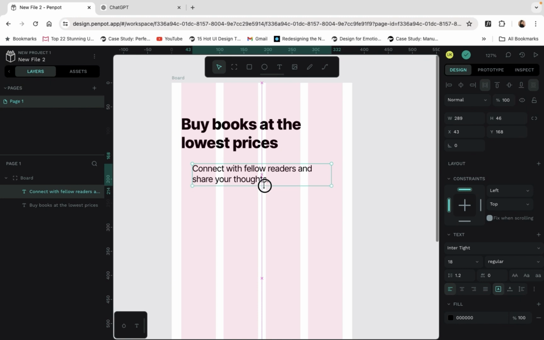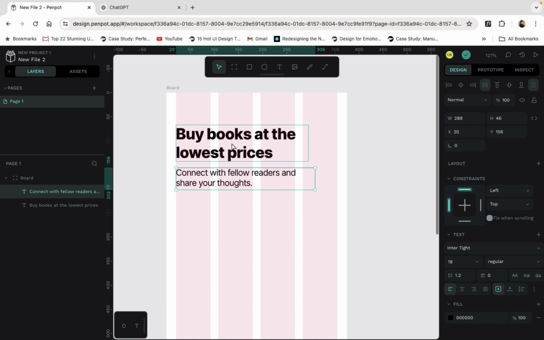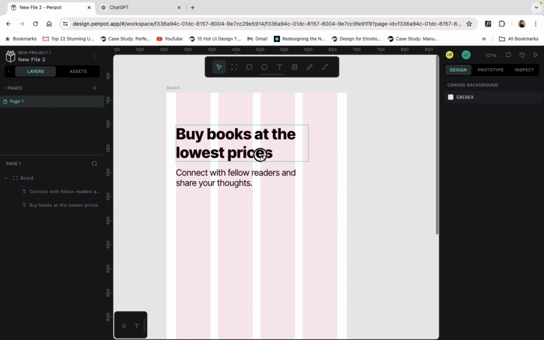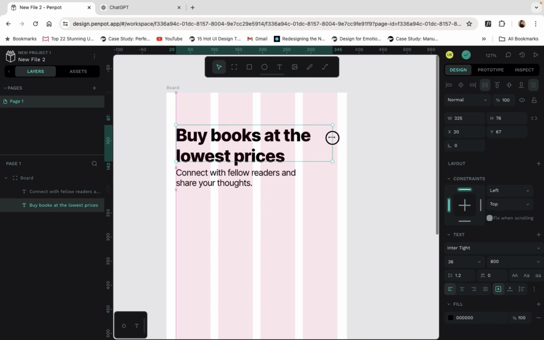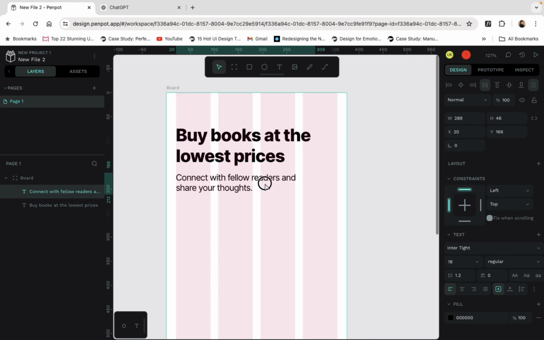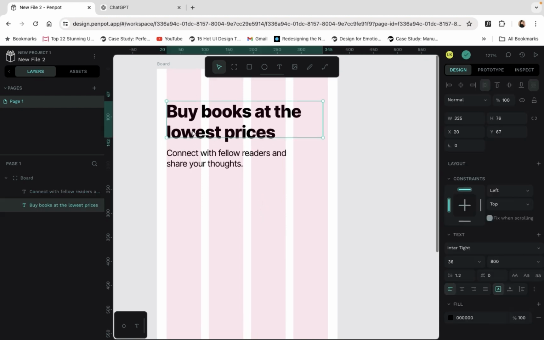Also, I will show you how you can use their auto layout. Not auto layout, the name is a bit different, but I am calling it auto layout because you use auto layout on Figma every day, so you will understand it a bit easily by that name. Now I'm going to select both of them by holding the shift key.